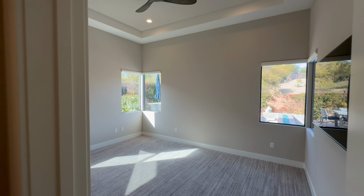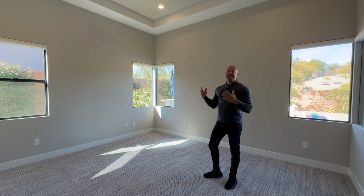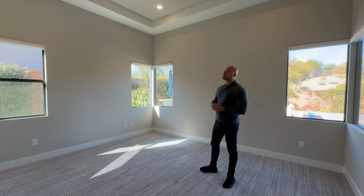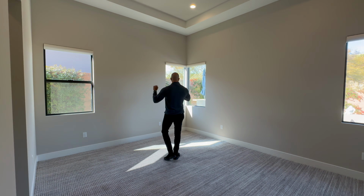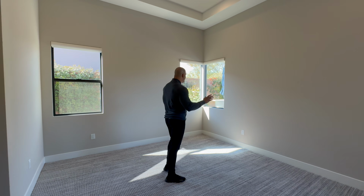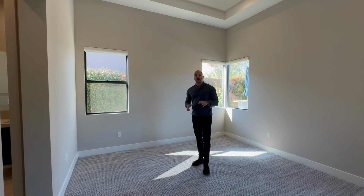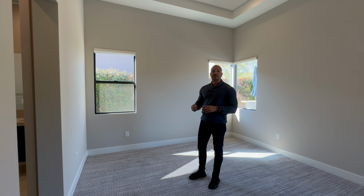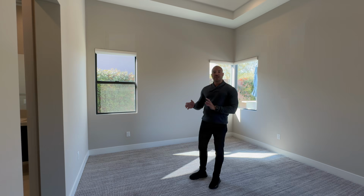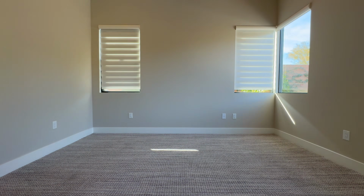Now here we have a lovely secondary bedroom. And of note, we've got 12-foot high ceilings in here. We have a nice Maverick ceiling fan. But one of the things that we're going to discuss right now is we've got a ton of windows, beautiful windows, and all of the window treatments in this entire home are all Hunter Douglas. These are gorgeous. So not only are they automatically deploying, but they also have a nice sheer veneer to them. So you can go between a blackout shade as well as having some ambient light